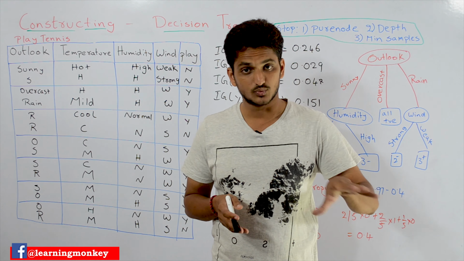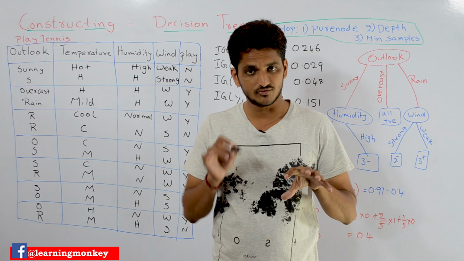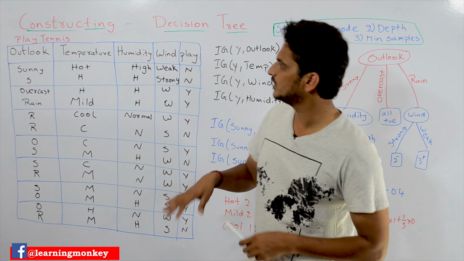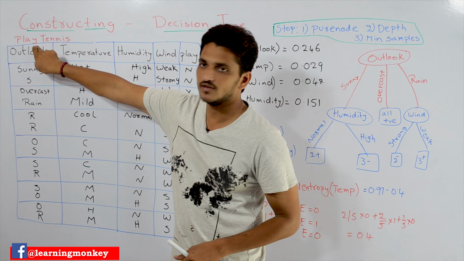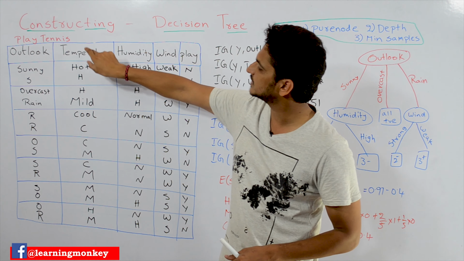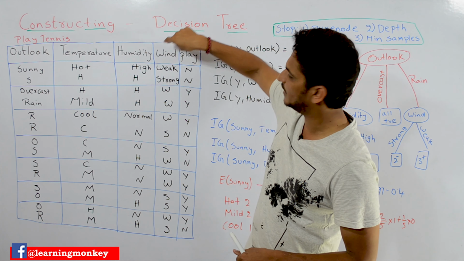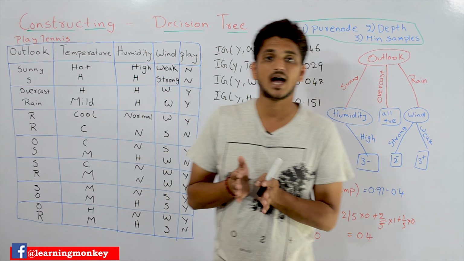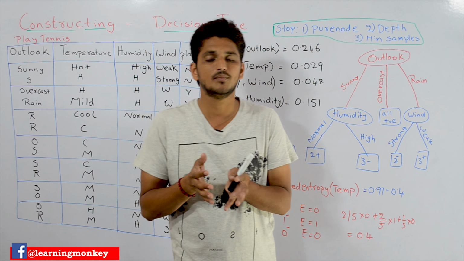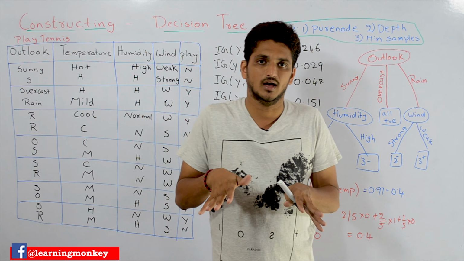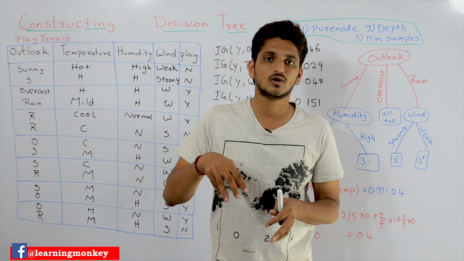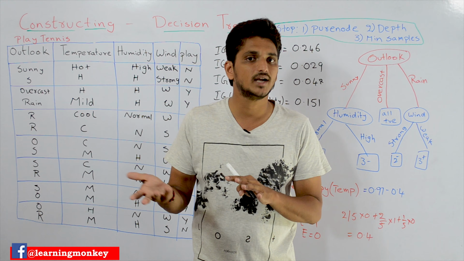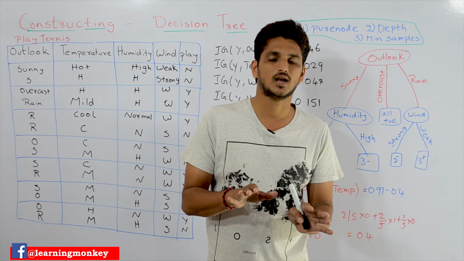In our last class we clearly discussed what information gain is and how to calculate it. So what we do here is calculate information gain for the outlook column, and for temperature, humidity and wind. Out of these four columns, the column having the highest information gain is considered for splitting. Why we have to consider that column was discussed clearly previously, on the assumption that you have already watched that class.